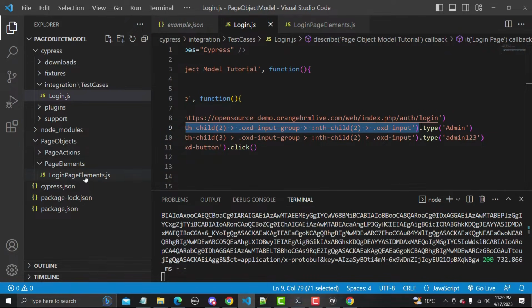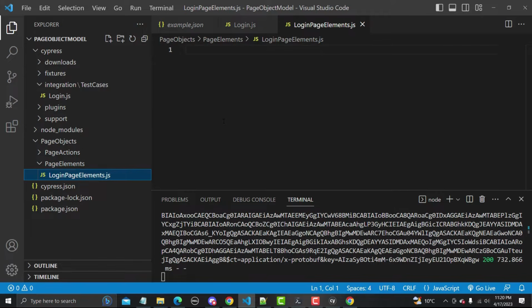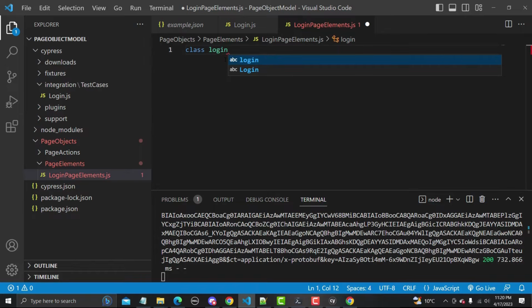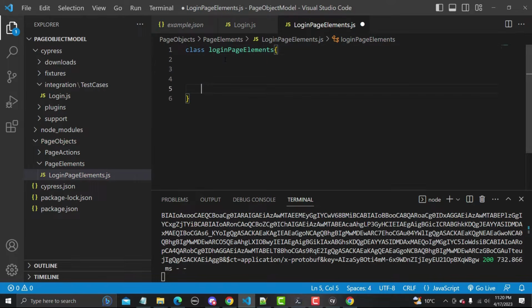Now in the login page elements, we simply need to create a class here. And we need to name the class here. So I'm naming the class login page elements, and this is the body of the class. And in order to use this class, I would need to use export.